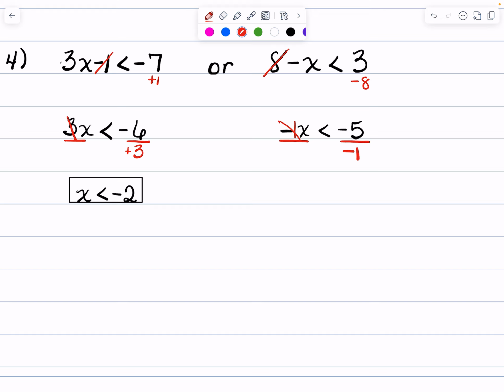Okay, but paying attention, we're dividing by a negative number. So that means we're going to have to reverse the inequality symbol. -5 divided by -1 gives me +5. Now, when I graph this on the number line,